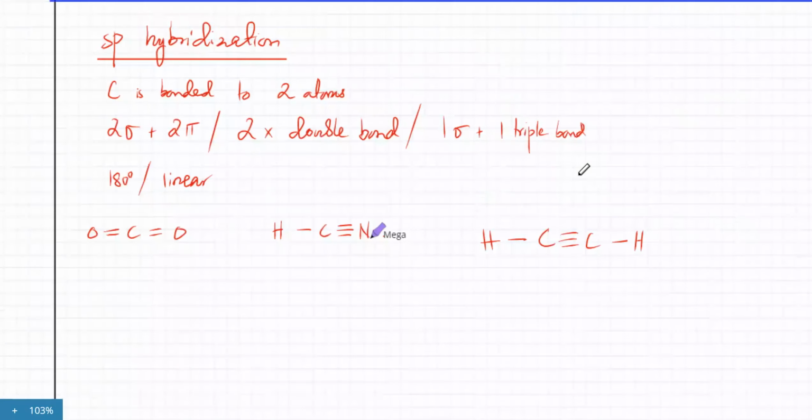What would happen in this is that in sp hybridization, what you had was